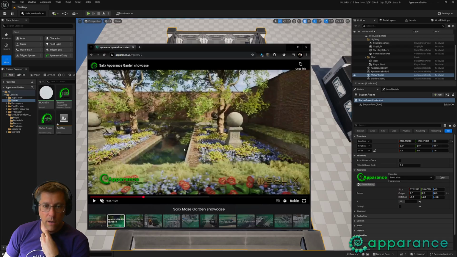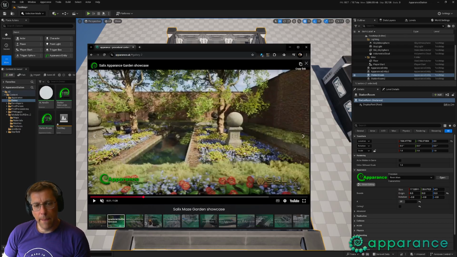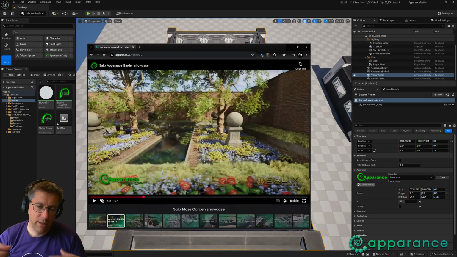procedural ornamental gardens, and this was something that we built in Apparance. There's a combination of generated geometry for the ground, instance meshes for the plants, masking for all that as well, mixed materials, placing of larger and smaller objects, features and things like this, and the walls around it. And the approach I took for that was, because it needs to be, there are patterns you need to have